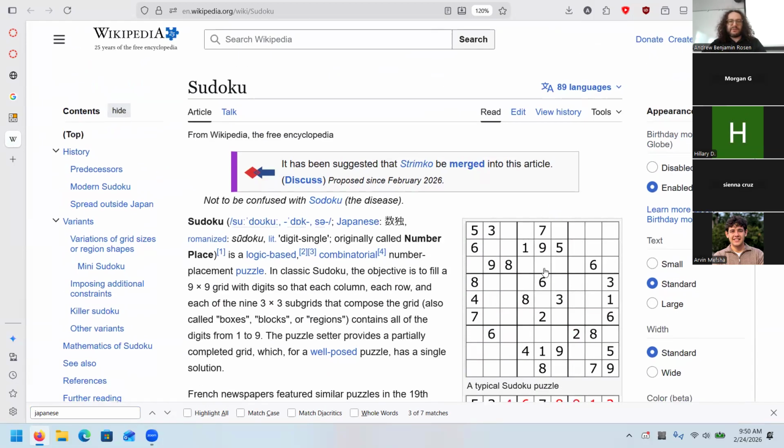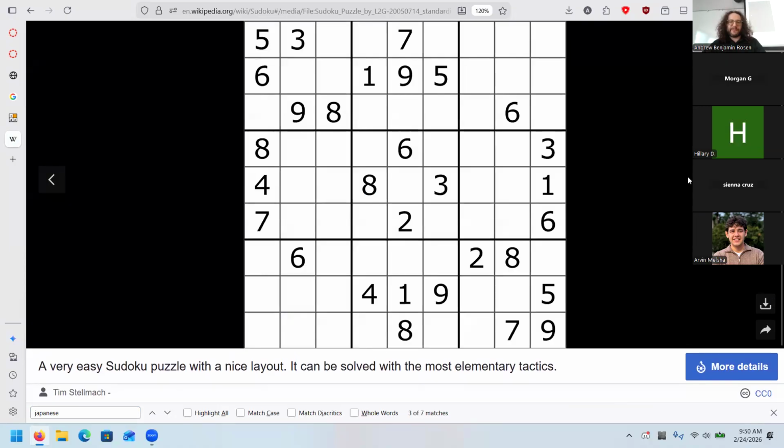The goal is you get a puzzle that looks like this. This is considered to be a very easy Sudoku puzzle. It's a 9x9 grid, so represented as an array of integers. And the goal is that you want to fill out this board, every row and column. And as you notice, this 9x9 is split up into little 3x3 squares, right? So you've got the top left, you've got the center, you've got the top right.